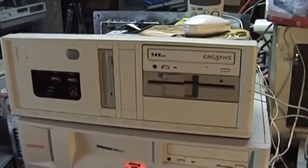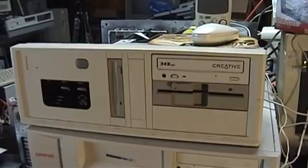Since I last spoke about this computer, I have made a lot of progress with it, and I'm very pleased